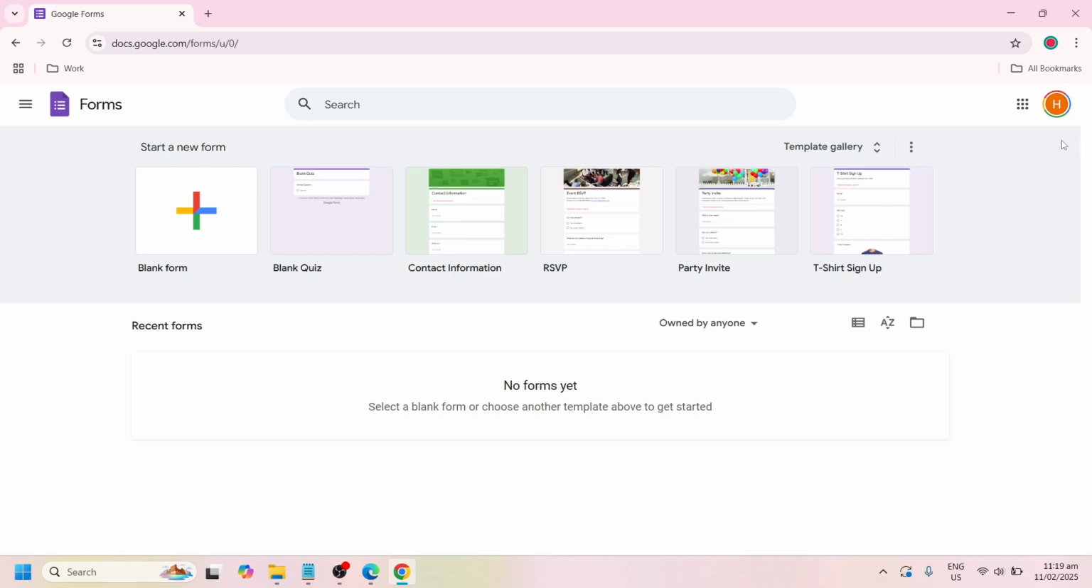Make sure that you are signed in. I mean, a Google account that you have is signed in here. In my case, I have already signed in mine. Okay? So as you can see here, it has this blank form, blank quiz, contact information, RSVP, party invitation, t-shirt